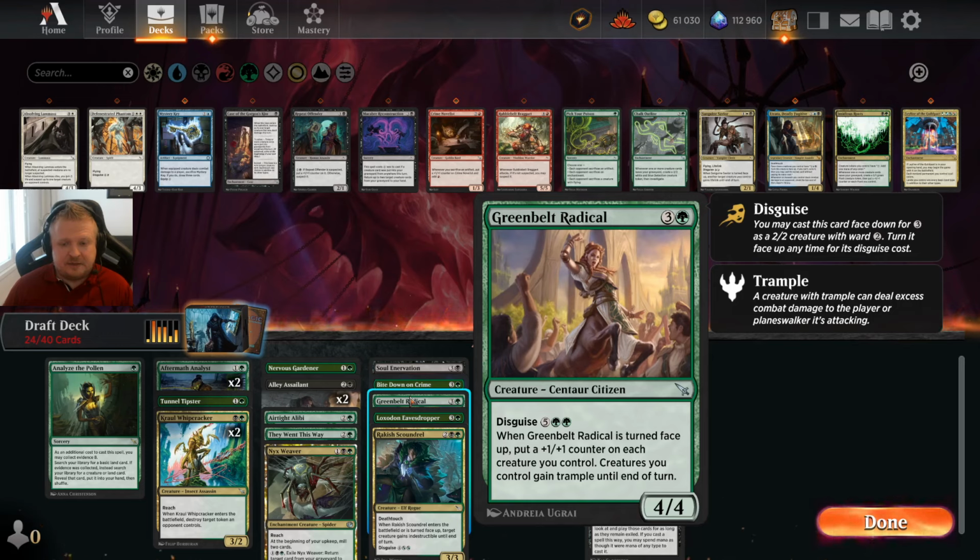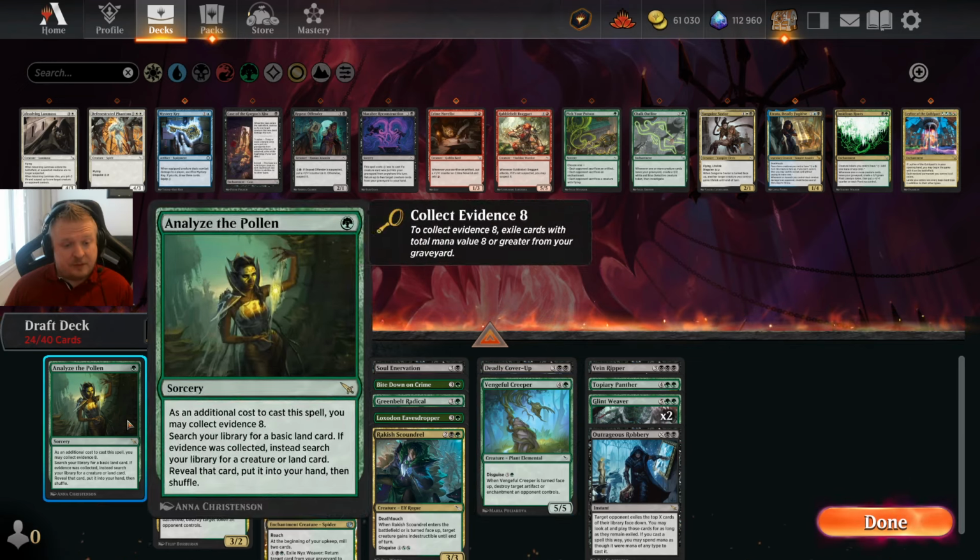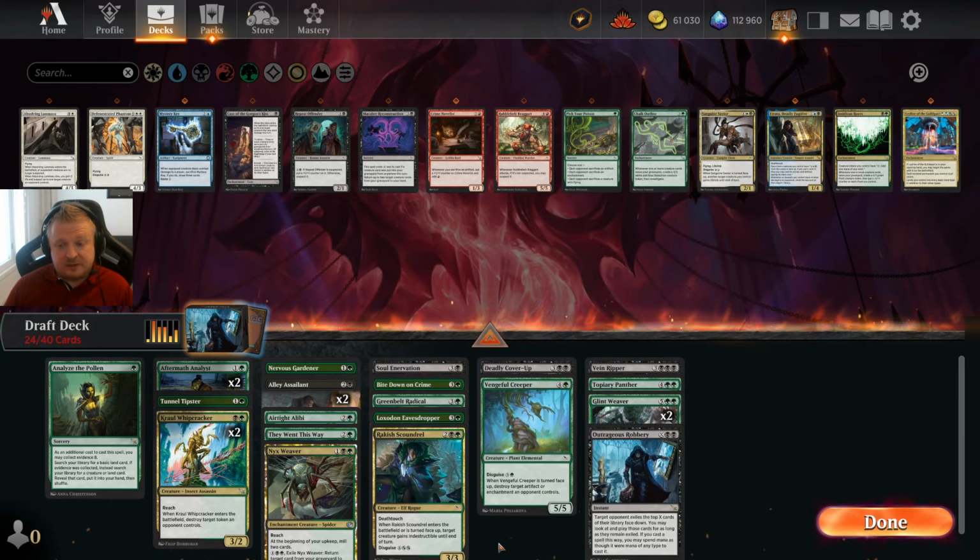The Radical is kind of like an additional payoff for having a lot of mana, which this deck will have, if I'm going to play the Pollen and They Went This Way, which like I said a couple of times already, I am going to do that. So I will